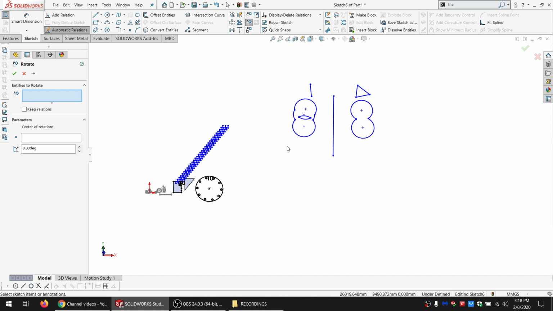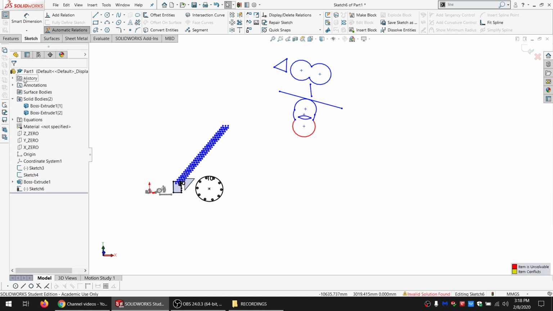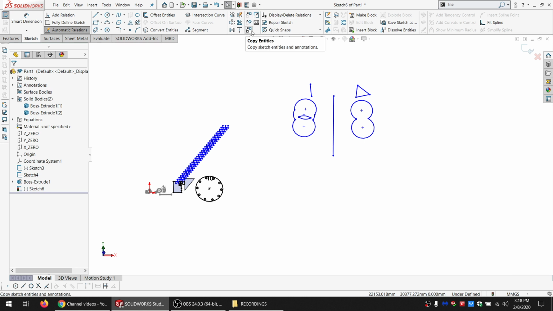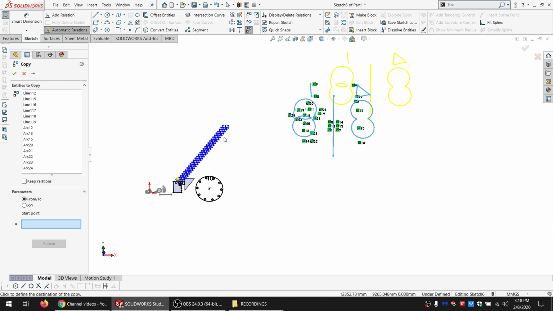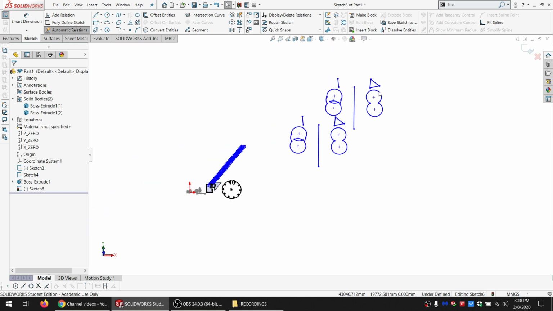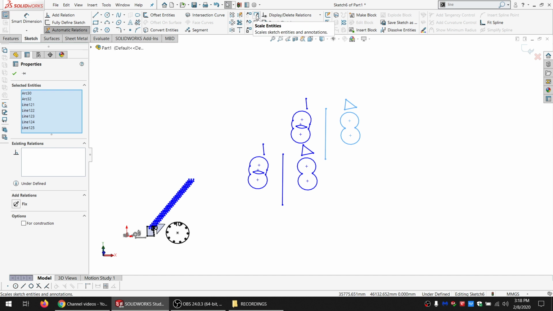Rotate entities, kind of the same thing. We can select these parts, and I want to rotate them around this, by, say, 75 degrees. For whatever reason it gave me an error there, but it's okay. I'm not actually designing anything. Copy, pretty obvious, really. Just select what you want, copy, and from here I want to copy it to there. Pretty simple. Then we've got scale, which can be useful for more artistic things, not so much for design usually,